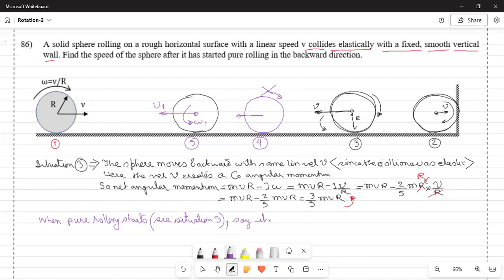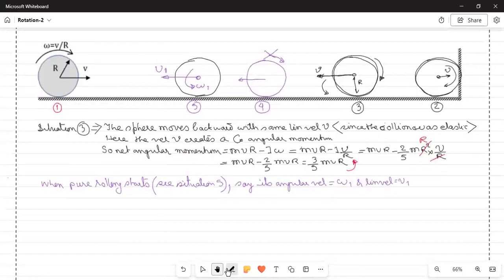Say its angular velocity, which will be now anti-clockwise, is equal to omega 1, and linear velocity is equal to v1. Let us assume that. Once we have assumed that,